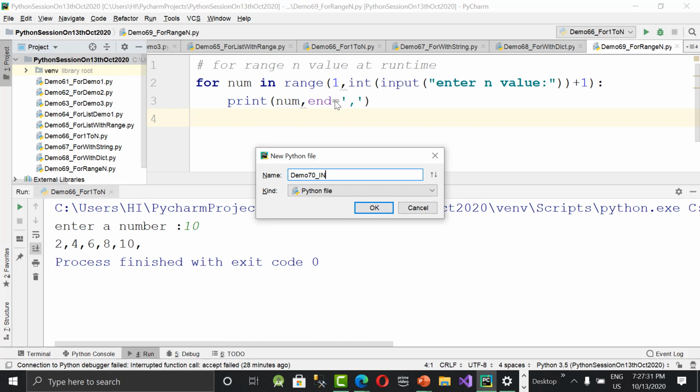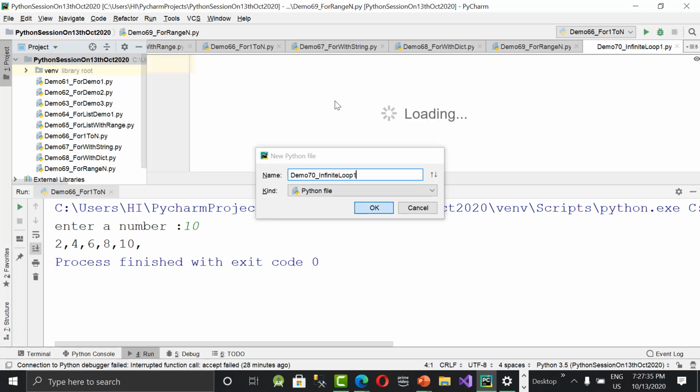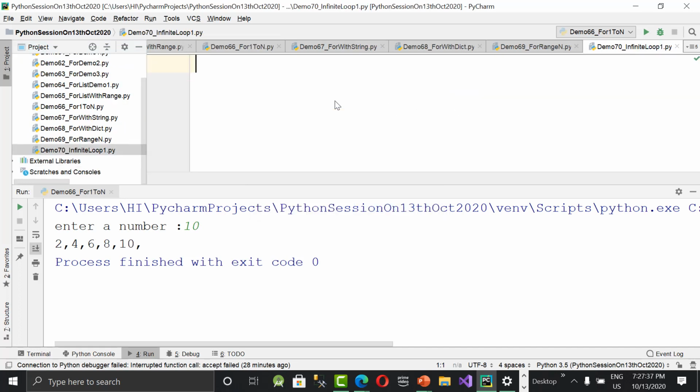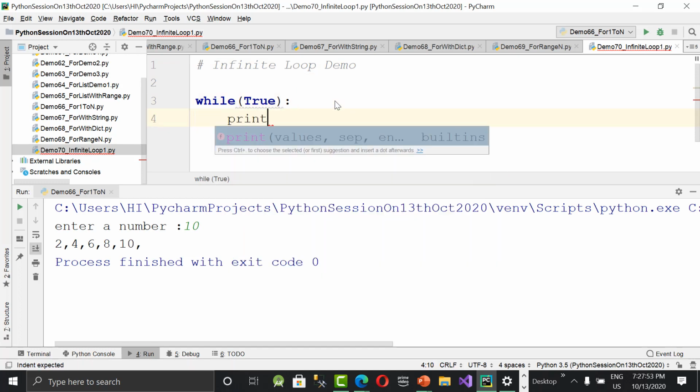So while, suppose I said, yeah, let's write directly first. While within brackets true, print, I said welcome to Python. Okay. So there is no initialization, starting value is not mentioned, and there is no increment or decrement. So it always keeps on running,